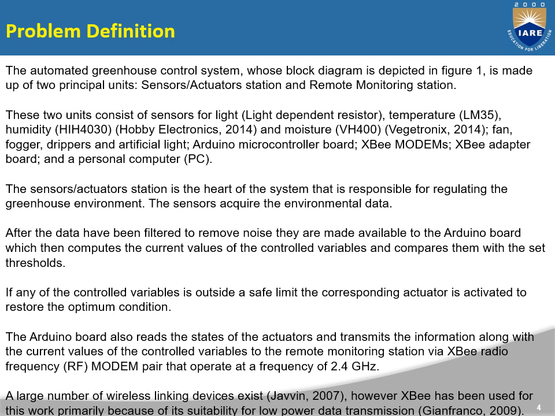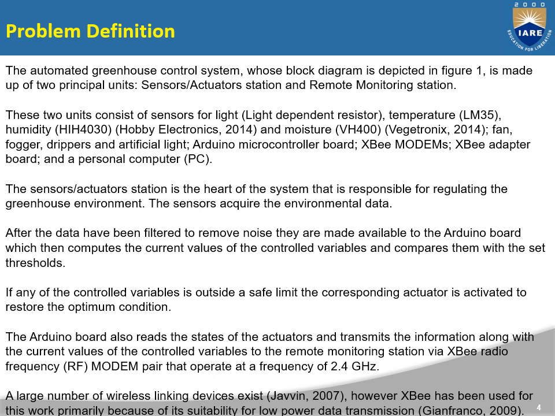The sensor station is the heart of the system that is responsible for regulating the greenhouse environment. The sensors acquire the environmental data. After the data have been filtered to remove noise, they are made available to the Arduino board, which then computes the current values of the control variables and compares them with the set thresholds. If any of the control variables is outside a safe limit, the corresponding actuator is activated to restore the optimum